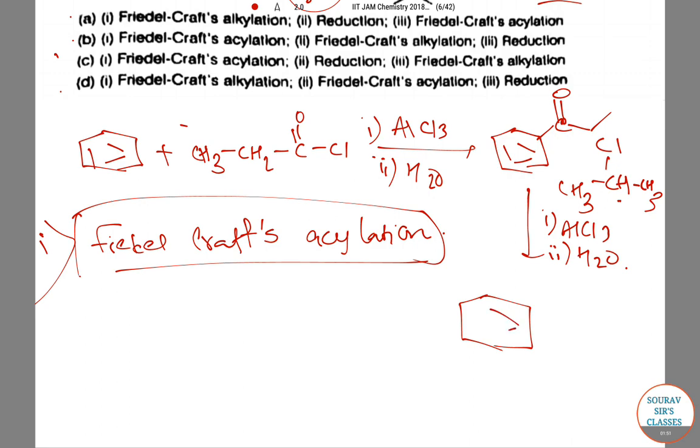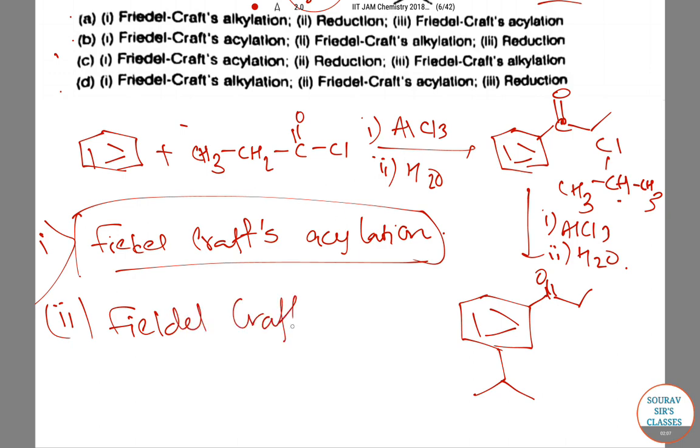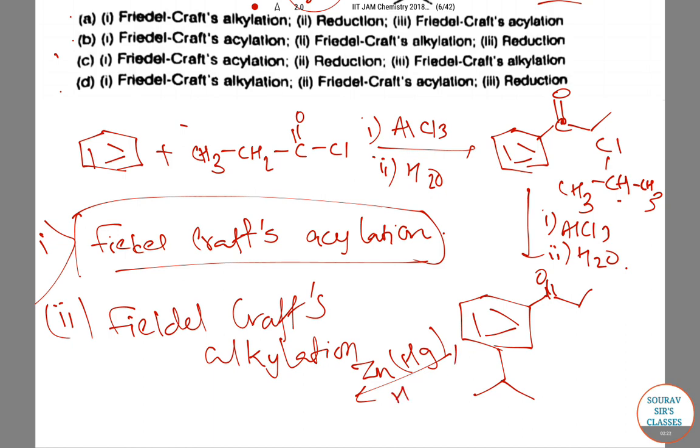So this will give us benzene attached to C=O CH2CH3, and so this process, the second process, will be Friedel-Crafts alkylation, and process 3 will be Zn-Hg in presence of HCl. So this is basically reduction, and it will reduce this part,